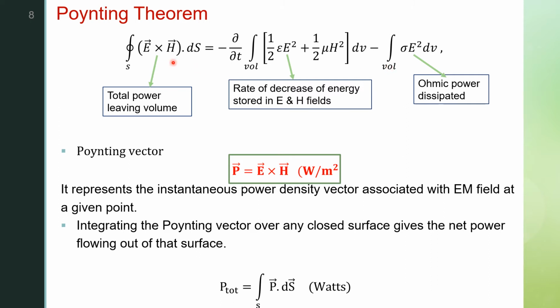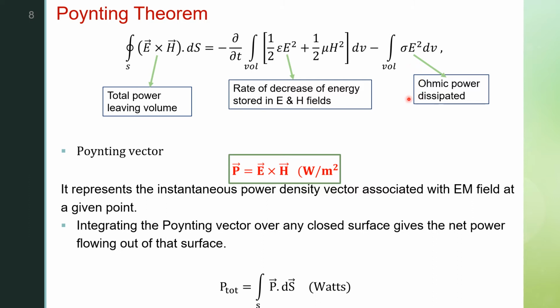Here, E cross H represents the total power leaving a volume, and the first term on the right hand side represents the rate of decrease of energy associated with electric field and magnetic field. Since here it is minus dou by dou t, we are calling it the rate of decrease. Half epsilon E square and half mu H square represent the energy stored in electric field and magnetic field. Whereas the second term on the right hand side, the integral of sigma E square dv, represents the